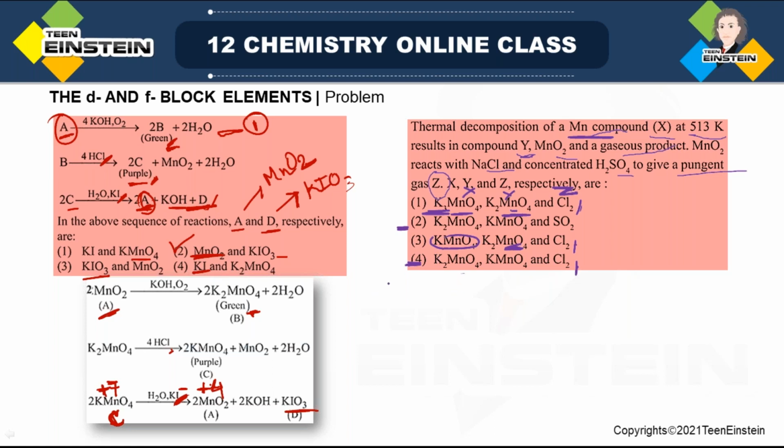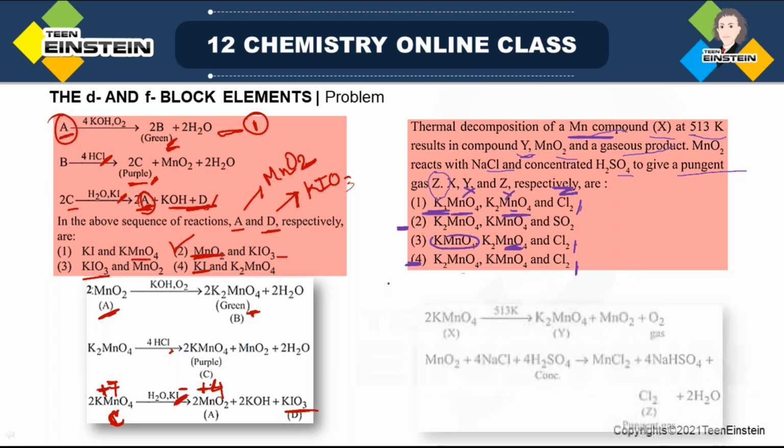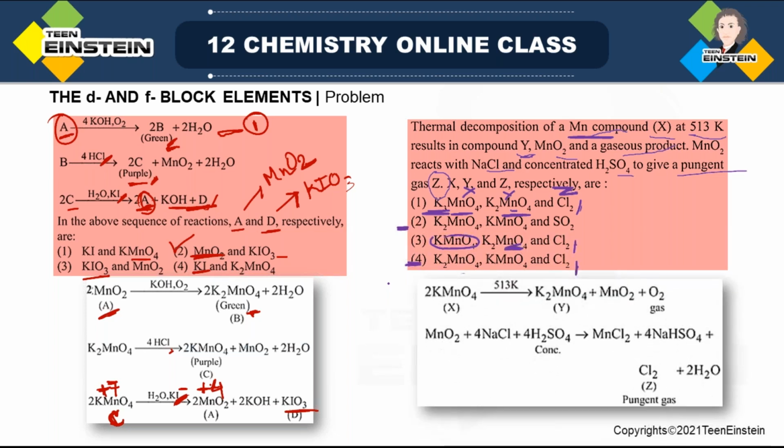X will be KMnO4, Y is K2MnO4, and Z is K. You see, when X is heated, we are getting Y, which is K2MnO4, MnO2 and the gaseous product, which is oxygen. And MnO2, when it reacts with NaCl,